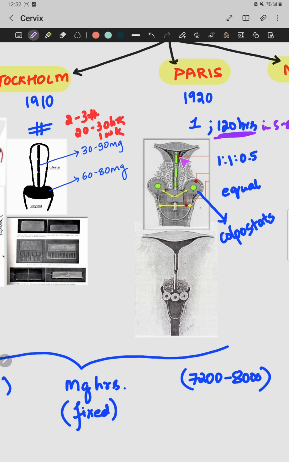That is for the intrauterine tubes, the intrauterine sources. And for the vaginal, there used to be colpostats or corks. That was the vaginal source that they used to use. This used to be kept in rubber tubes. In a similar image, this is the U-shaped ring connecting the two vaginal sources, and these used to be the intrauterine